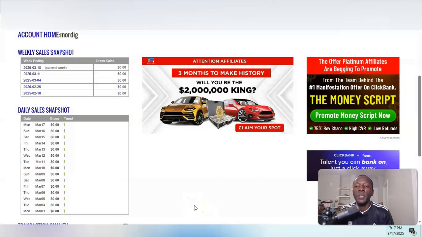This, by the way, is the Clickbank account that I'm going to be using. As you can see, there are no sales on this account. As far as the analytics and hops go and all that, there should be nothing on there as well. I don't know if I'm going to do it on a daily basis or every other day, but if I have any kind of activity, for sure I will be providing those updates regularly between now and the end of March.